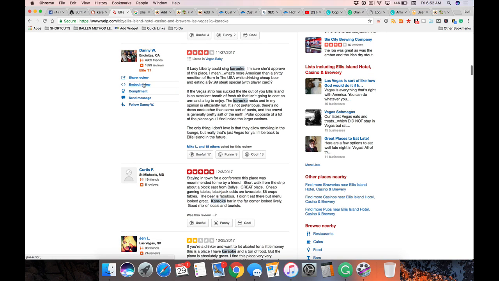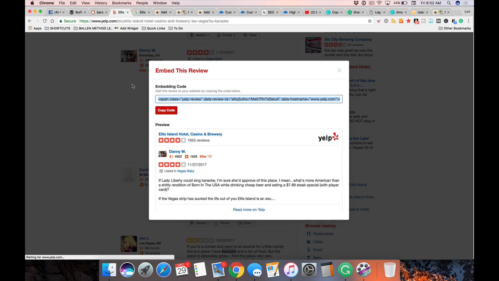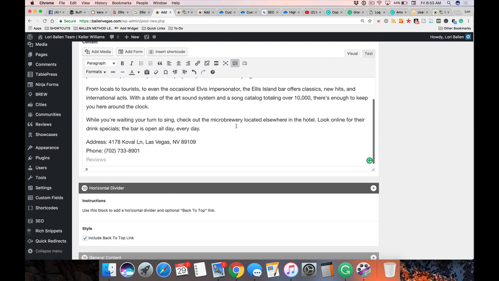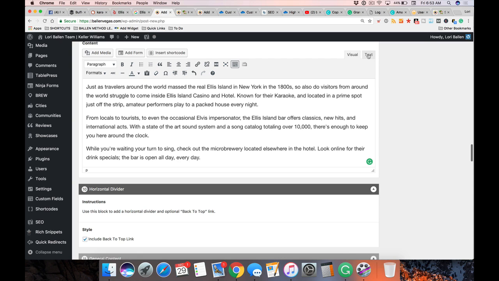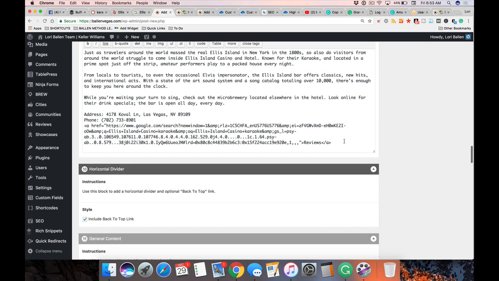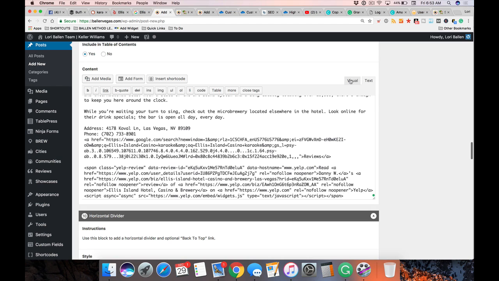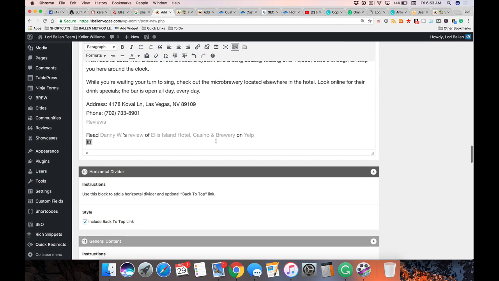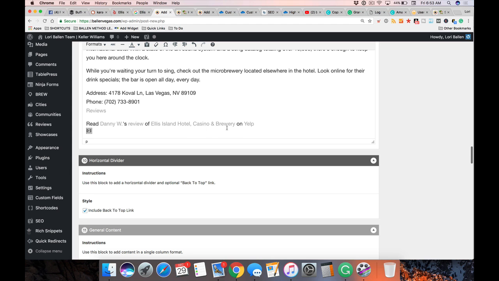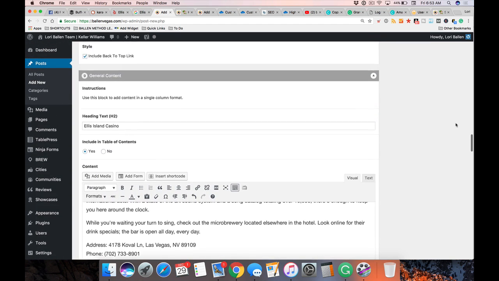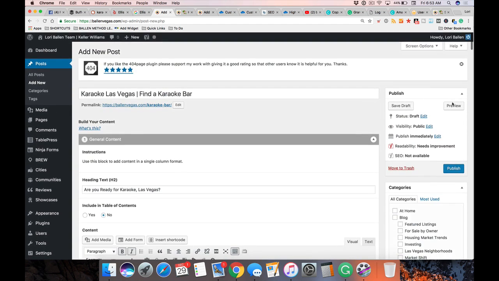Okay, so what you do is you go over here to embed review. This one's a 4-star, that's fine. 4 or 5 stars. Then you just copy that code, go back over to your blog post. I'm going to click on that text option again where we access the code. And down here, I'm just going to paste that embed code, go back to the visual editor. And now look, it doesn't show here, but if I click preview now, we're going to go down to that